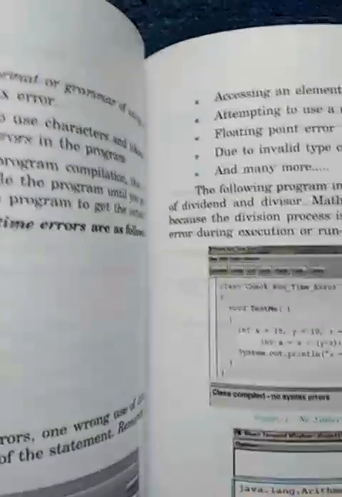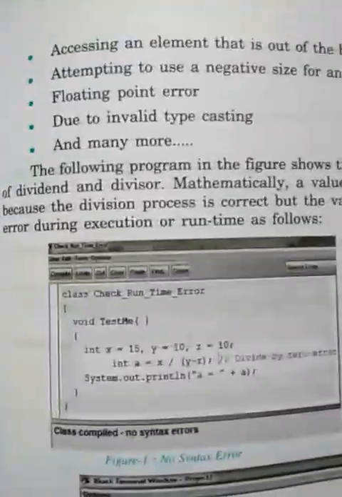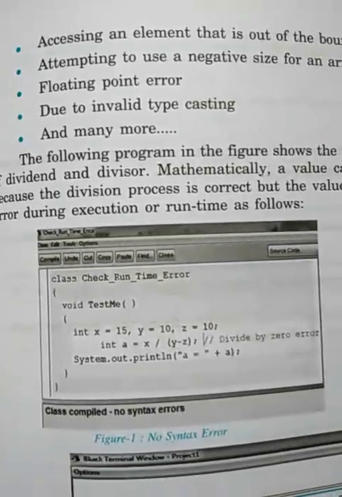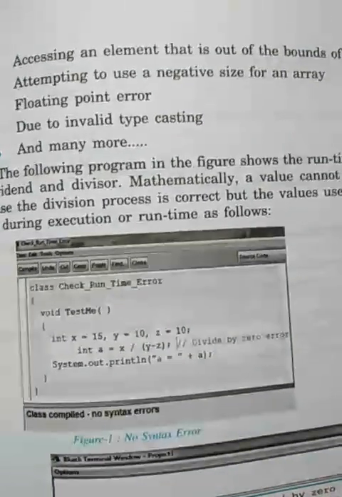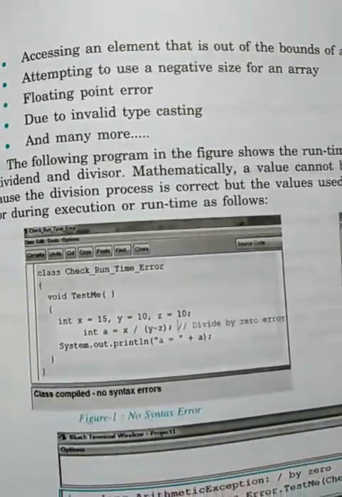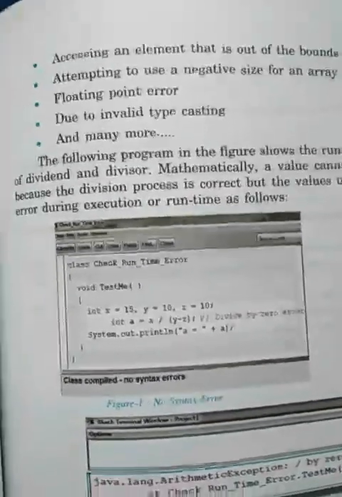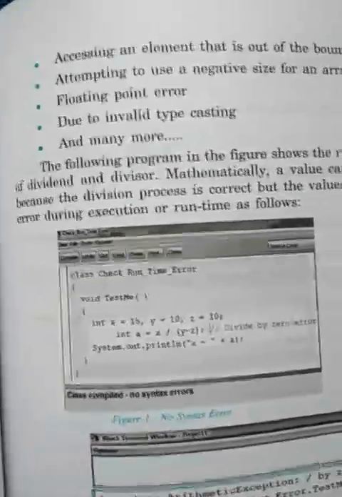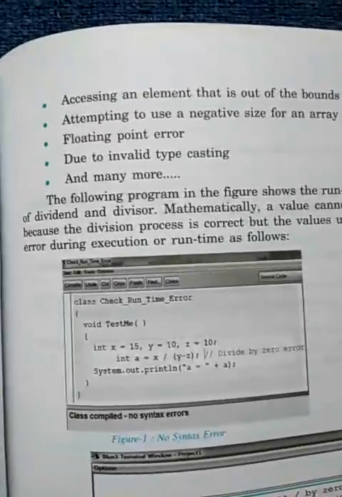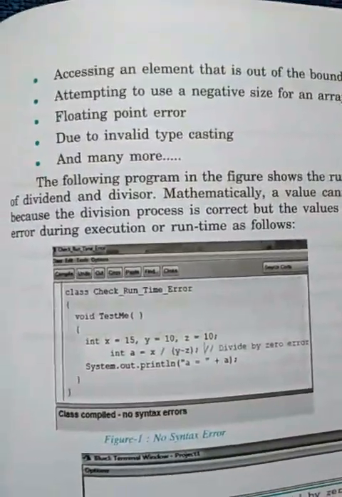This category is called a runtime error. Another example: the statement expects an integer value, but we give a string value. This is also a runtime error. All errors that come during the running time of a program are runtime errors. This may be a calculation error or wrong input.